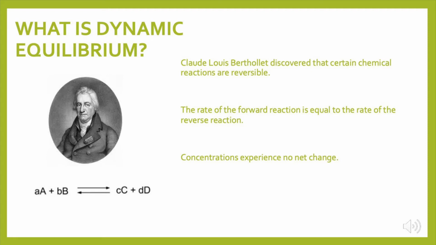First off, what is equilibrium? Well, for starters, the whole concept prospered when a French chemist by the name of Claude Louis Berthollet discovered that certain chemical reactions are reversible, meaning that the reaction could also proceed to go backwards and products could react to form reagents. He then stated that for any reaction to exist at equilibrium, the rates of the forward and reverse